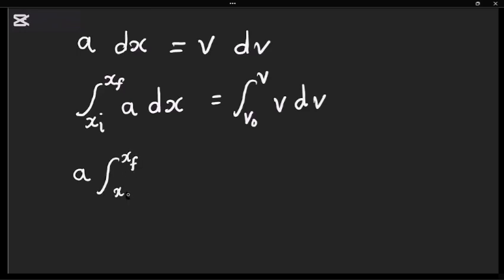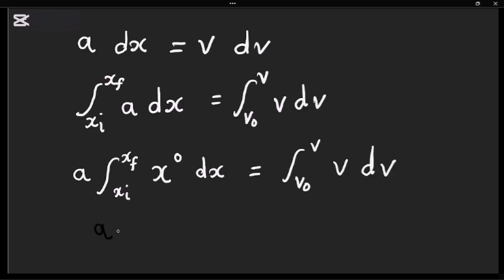And you will be left with x to the power 0 because you cannot integrate x when you don't have x, multiplied by your dx. So integrating x to the power 0 will just give you ax. You put back your evaluation bar from x final up to x initial,